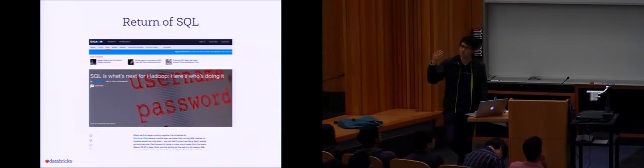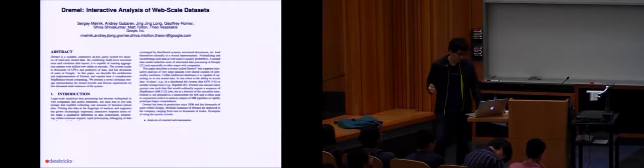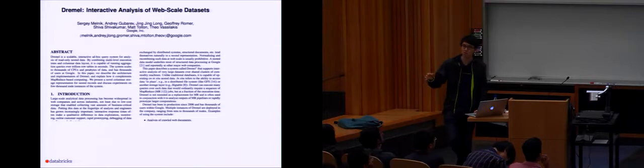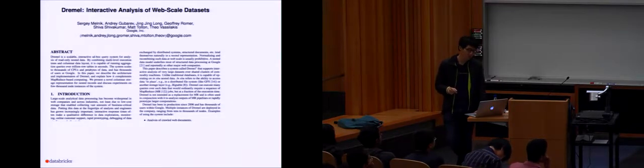Initially it was Hive, and there are other projects, for example Spark SQL. Even if you go back to Google, where you would think MapReduce was born, maybe that's the one place you wouldn't see a lot of SQL. Google published this paper, I think in 2010, Dremel, which is about a new parallel database implementation they built internally. They essentially run SQL very fast. It's not on top of MapReduce.